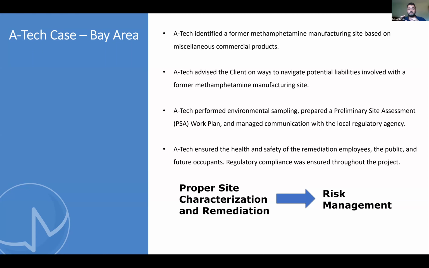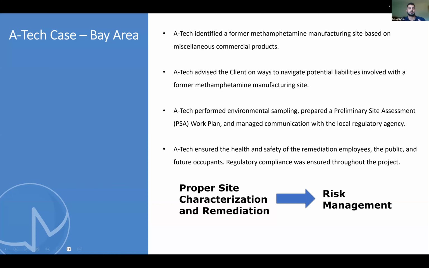Thankfully, the client listened to us and treated it as a meth lab, and sure enough, about a month later, a letter came in from another agency, the Department of Health, that investigated and found it to be a meth lab. By us coming in and doing that assessment up front, we caught it early, and the project was done correctly and safely, liability was reduced, and health and safety, of utmost importance, was protected. That's just one example of many why it's so important to bring in a professional.